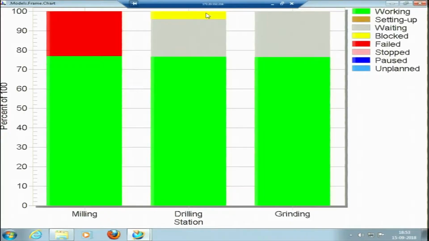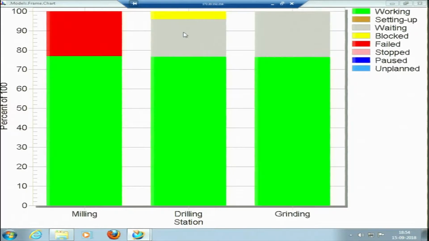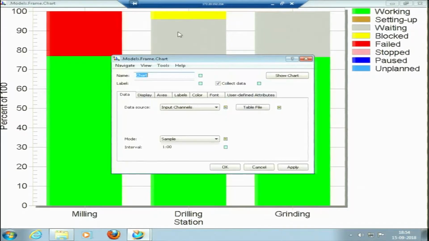So it has worked completely for 80% of the time, and the drilling process is blocked because the grinding process was not able to receive, and this gray color is waiting because it is not receiving anything from the predecessor, from the milling. Drilling is not receiving anything from milling, okay. So this is waiting. So I can see the statistics here.